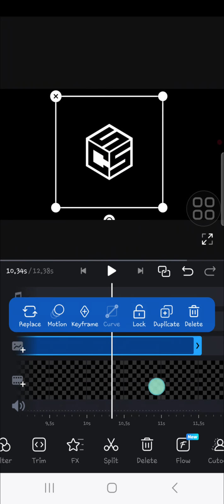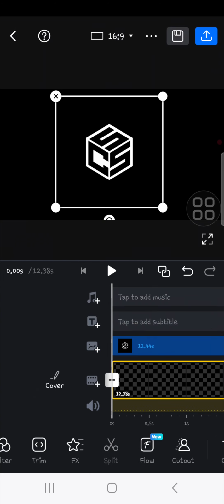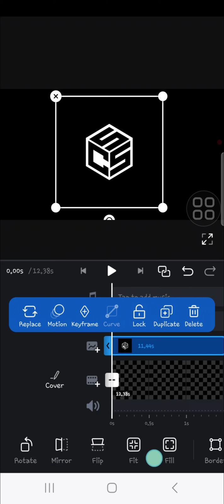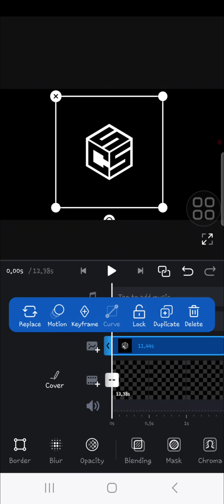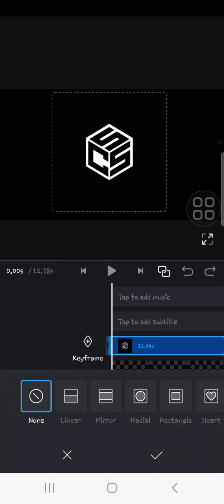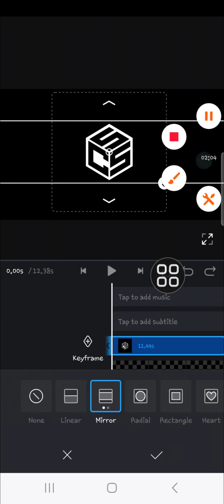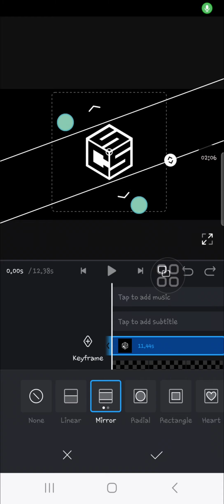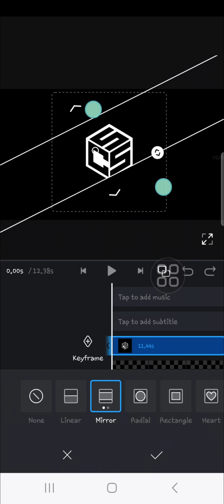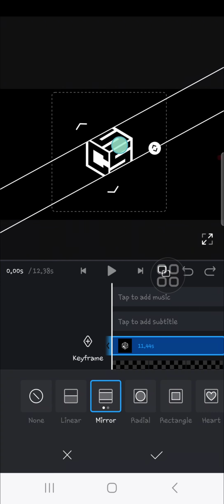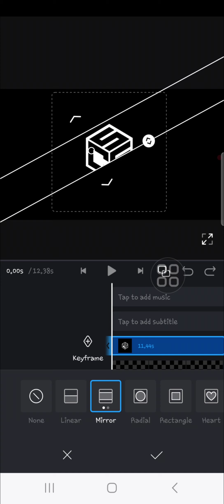Okay, and I'm going to add a mask. We can click on the logo and then go to the mask menu or mask option and select this mirror mask. Okay, and I'm going to rotate the mask like this. I'm going to make it smaller, and I'm going to adjust the blur effect of the mask